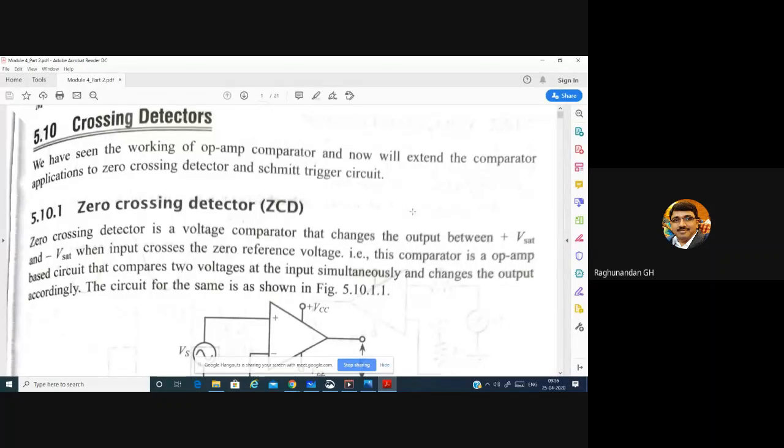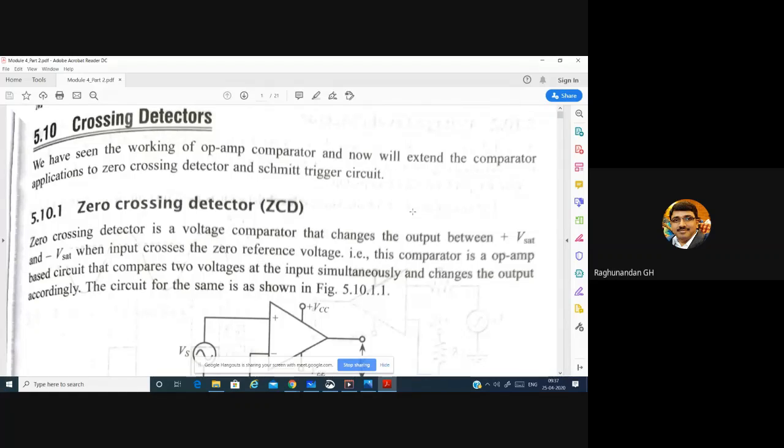At the same time, the output goes to negative saturation whenever the inverting terminal input is greater than the non-inverting terminal input. So this is what a normal comparator is going to do, where it is going to compare. Or sometimes what we do is we keep a constant reference voltage at one of the terminals, like the inverting terminal. Whenever the input signal is greater than this reference voltage, we make the output go to the positive saturation. The saturation in the sense of plus VCC, whatever we give for the op amp.